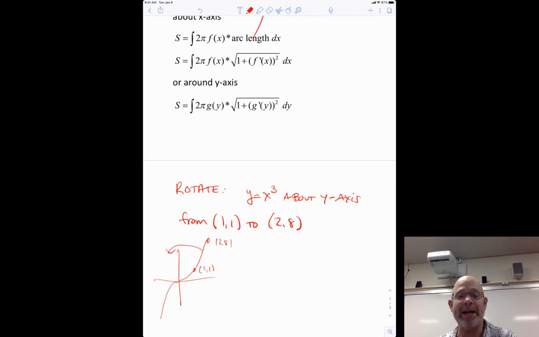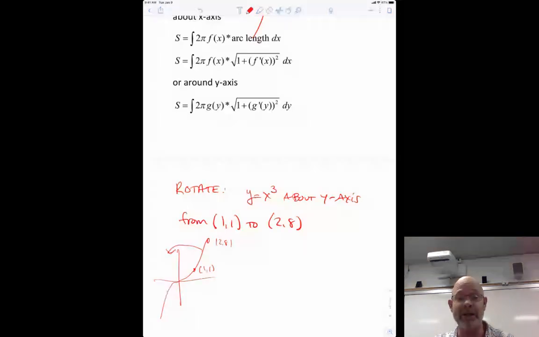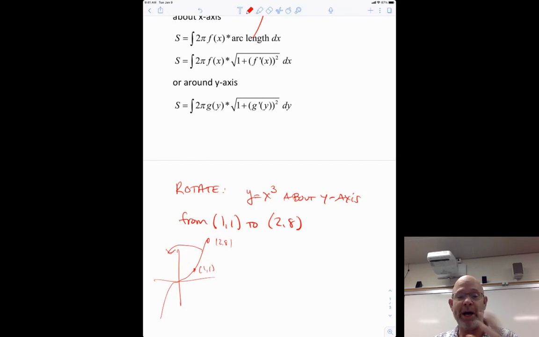So we're going around the y-axis. So remember, as soon as you hear around the y, if you're doing an arc length formula, by the way, right now you could solve this any way you want. I would leave it as it is. It's already an x cubed, so you'd probably leave x's if you're doing arc length. But we're not doing arc length, we're doing surface area. So I should say that, sorry. Find the surface area. Now because we're going around the y-axis, we must keep everything in terms